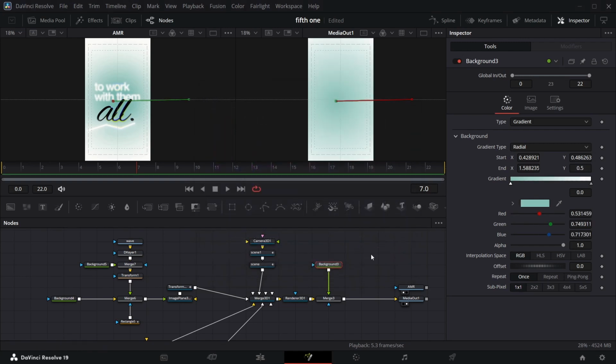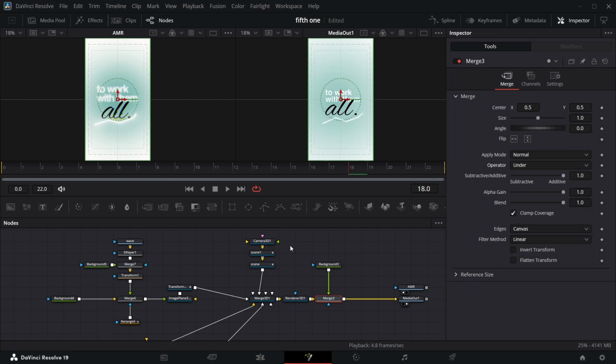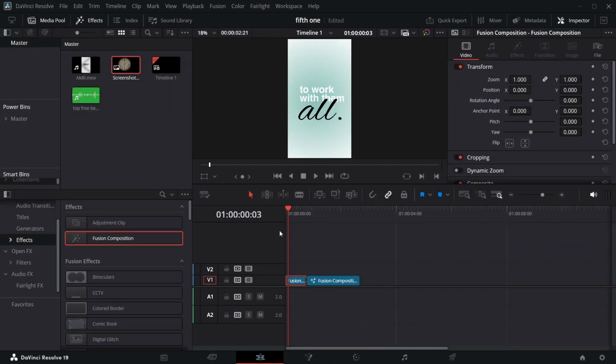I think that's okay. And if you play that now, okay, then come to this merge node and change the operator to under. Now if you play your animation, you're going to have the same thing. Good. That is what we have. So if I go back to the edit page now,